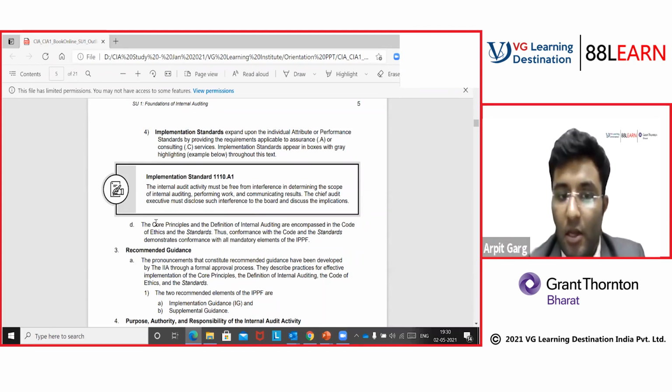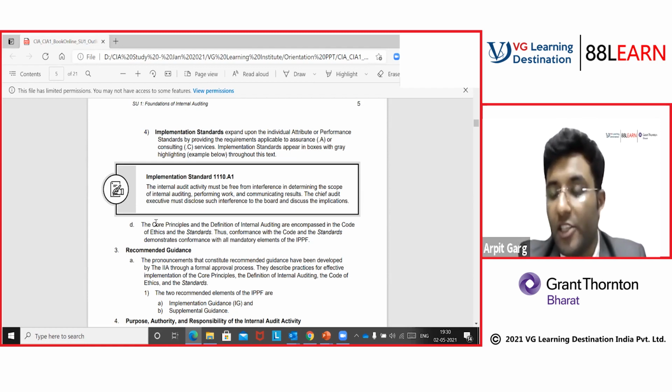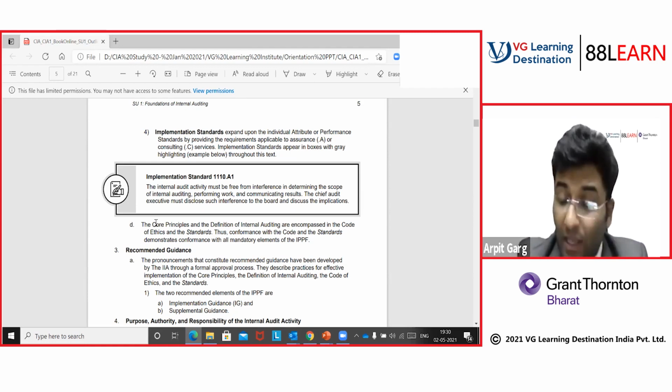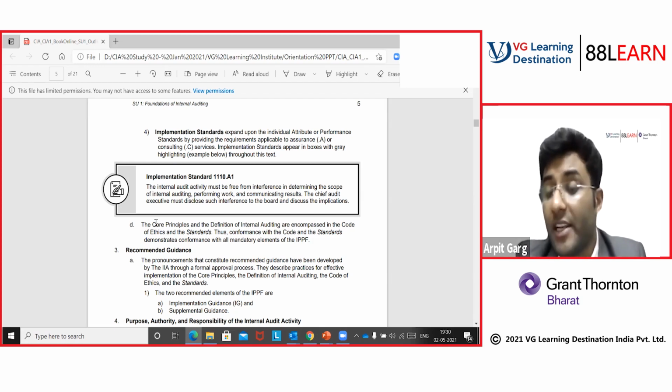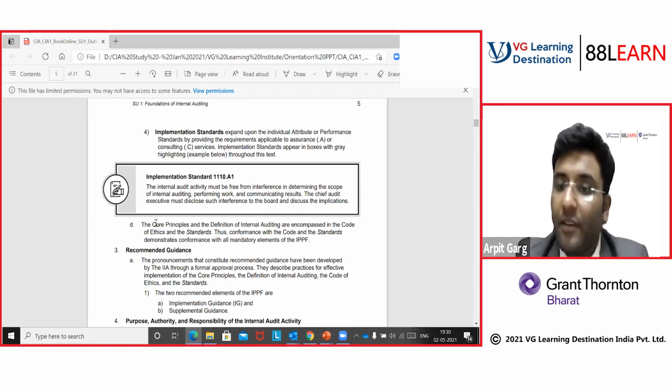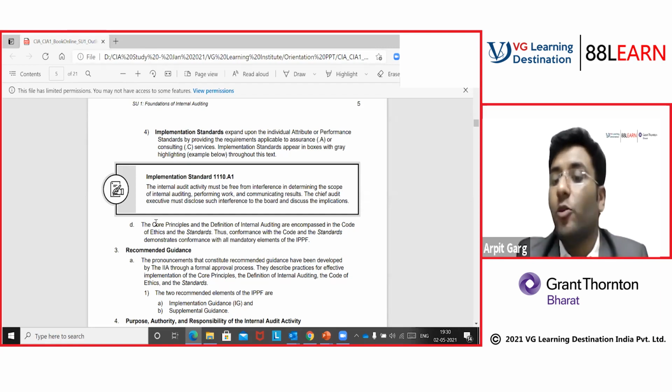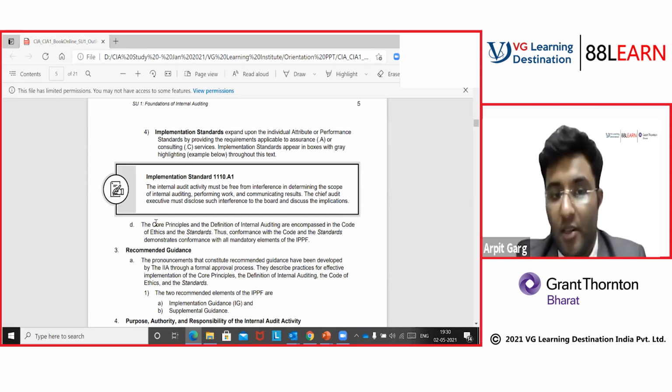Okay. This is very, very important, folks. Again, we will cover this in study unit 1 and study unit 2 as part of the QAIP, which is the Quality Assurance and Improvement Program. This is one thing we will remember, and there are possible exam questions on when we as internal auditors can give conformance that we are complying with the IPPF framework. In that case, conformance can be given when we are complying with the code of ethics and the standards. Okay, I hope this is clear so far.